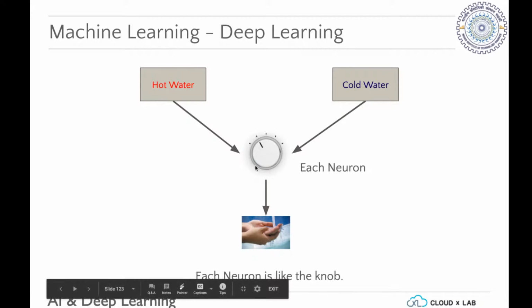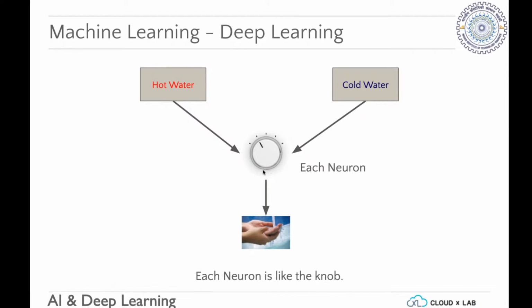Okay, so this is an example of what training is. What you have done here is trained. You have trained this neuron to give you the optimum temperature. So what is done in deep neural networks is, you do the same thing. You just do it at scale. You do it with like 1,000,000 neurons, or more than that actually, with a lot of connections. That's what's being done.